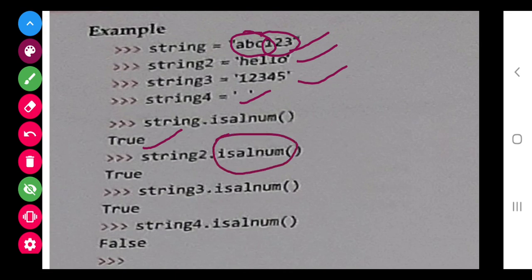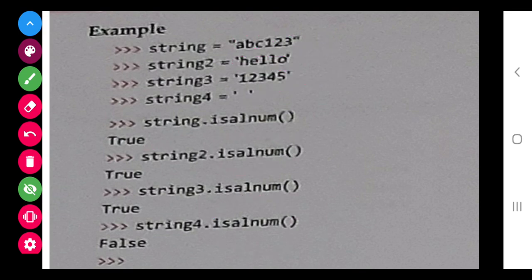This will also return true because alphabetic is there. Next one is giving true because there is a numeric value also. And the last one is giving false because there is no value under that. So for alphanumeric, either alpha or numeric should be there within the single or double quote, that's the point.